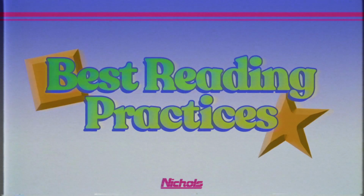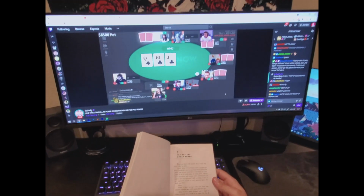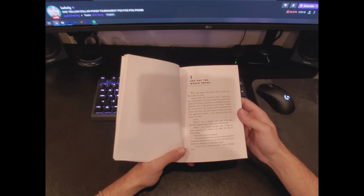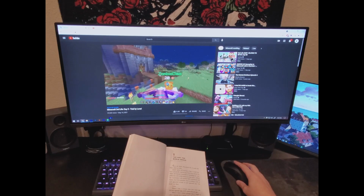Best reading practices. We're ready to get started. No. Focus back down at the book. Yeah, at the book. Yes, good. You're getting there. Just don't get...